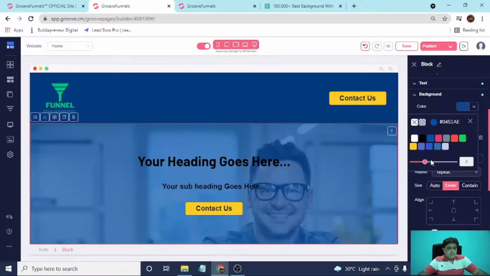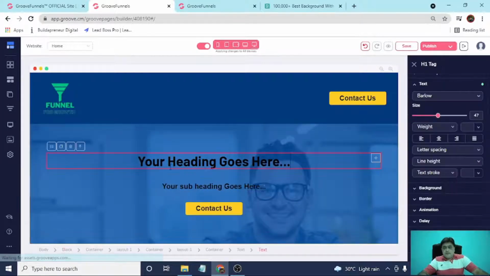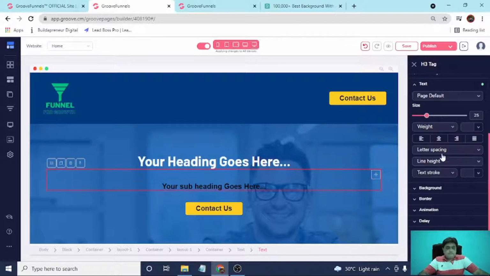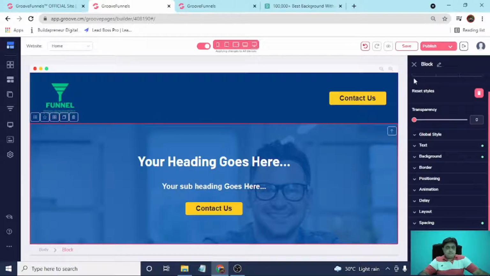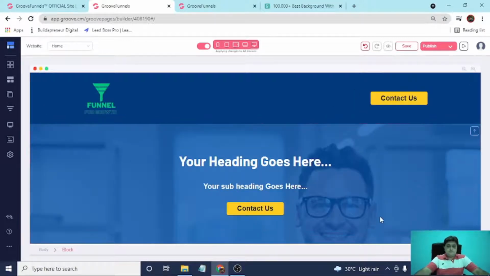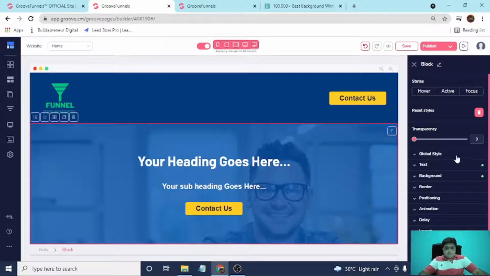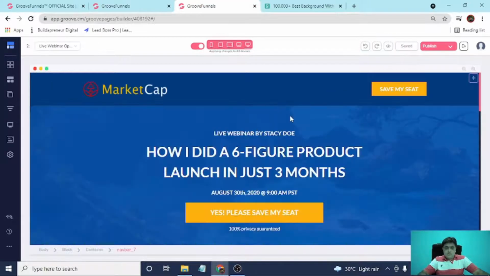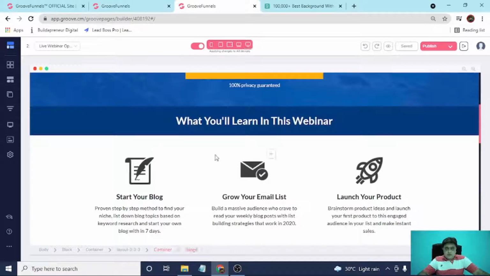Let's select blue. Yes, let's make this color white. Yes, every time you have to save your work guys, otherwise you will lose your work. Now let's move on to another part,